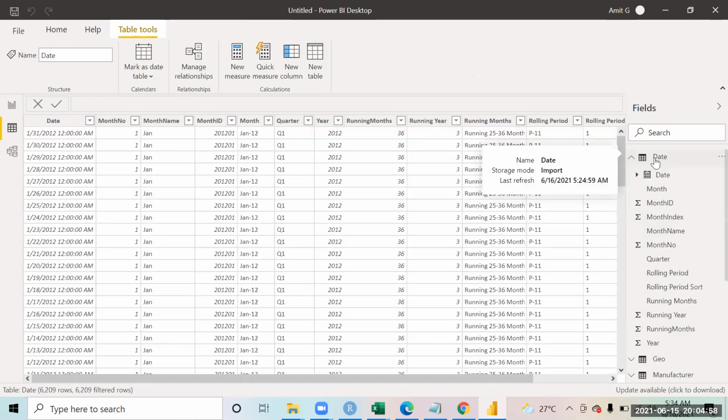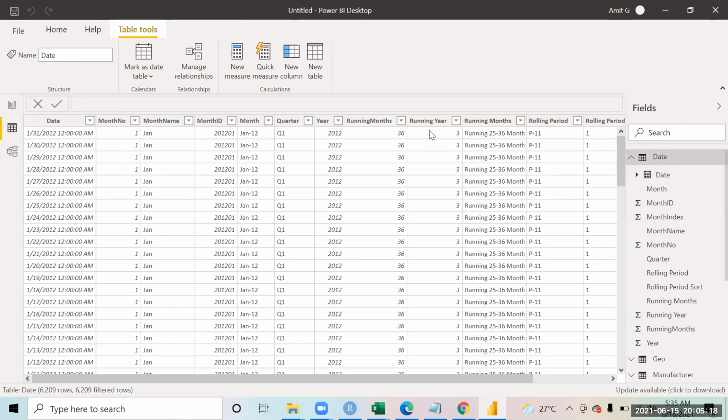Otherwise, rolling months means you keep on adding the months to it. Whenever you have the first number, you are just adding the months back to back into it. So that is like rolling months and running year. So we keep adding on that stuff. That is called running months and running years. So first year, the second year, the third year. So we are just capturing those years.